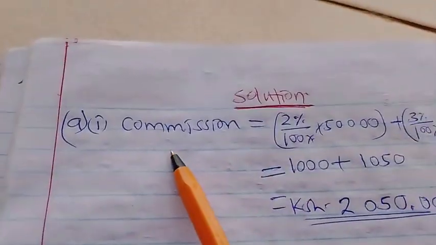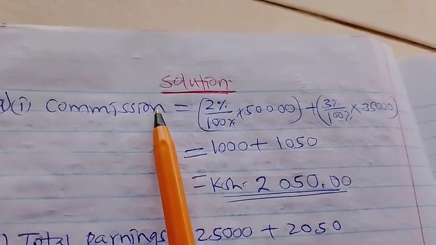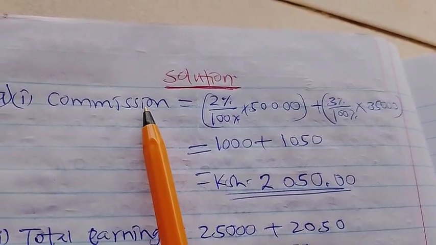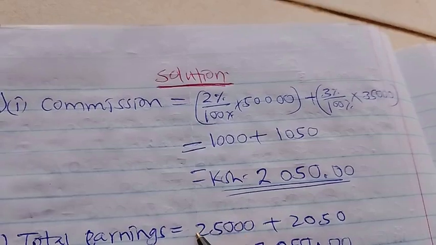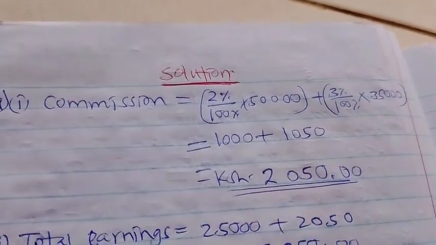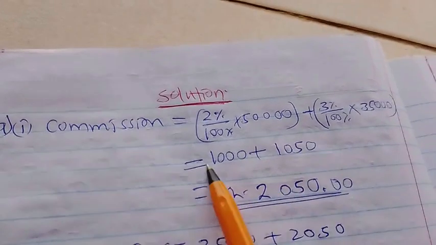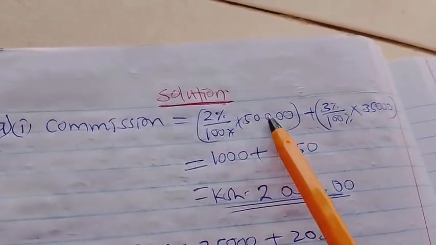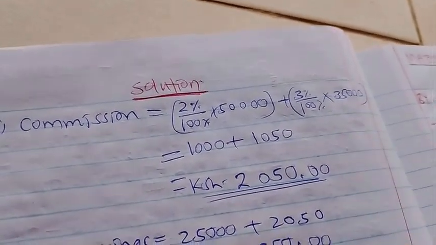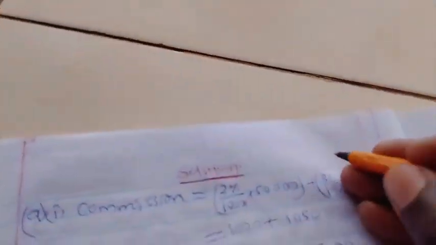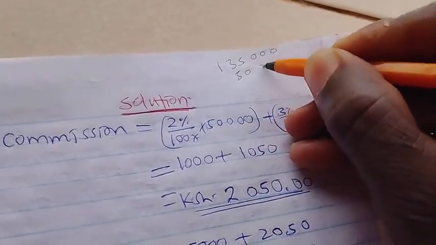In that case, the total sales were 135,000. Now, the commission will be in 2 slots. The first one for the first 50,000 above 50,000 at 2%, and the second one there will be 3% for the next 50,000. Therefore, commission will be 2 over 100 times 50,000 plus 3 over 100 times 35,000. I've taken that because the total sales were 135,000, but